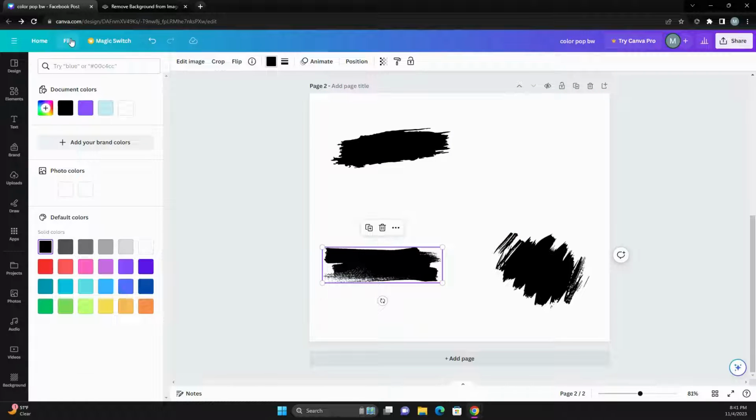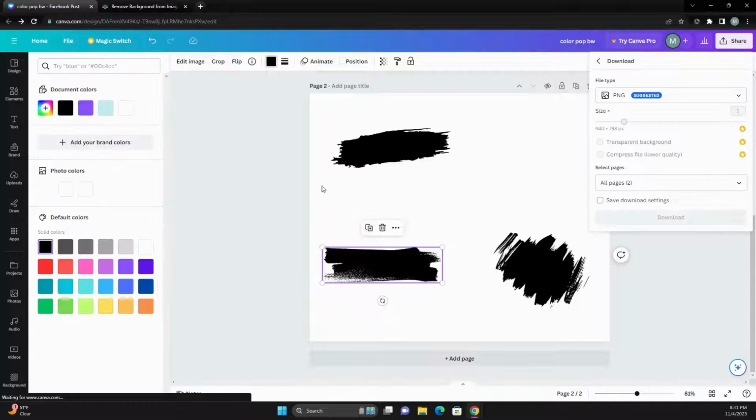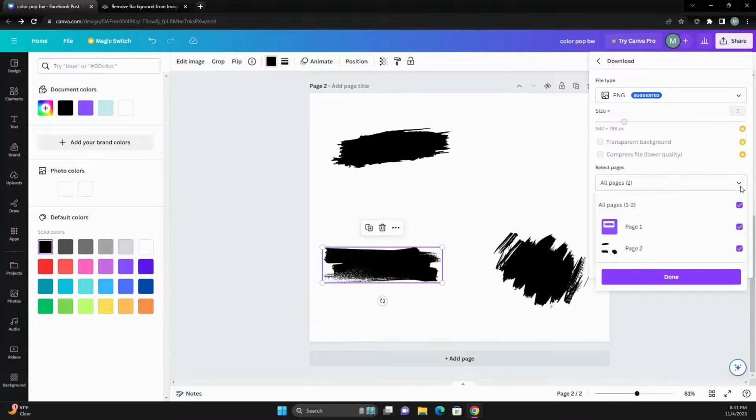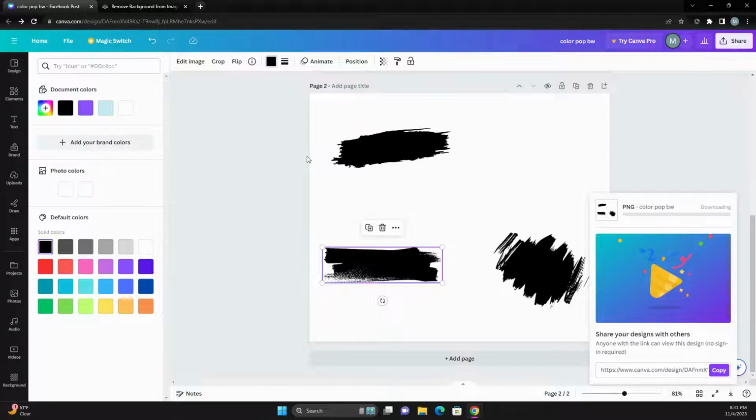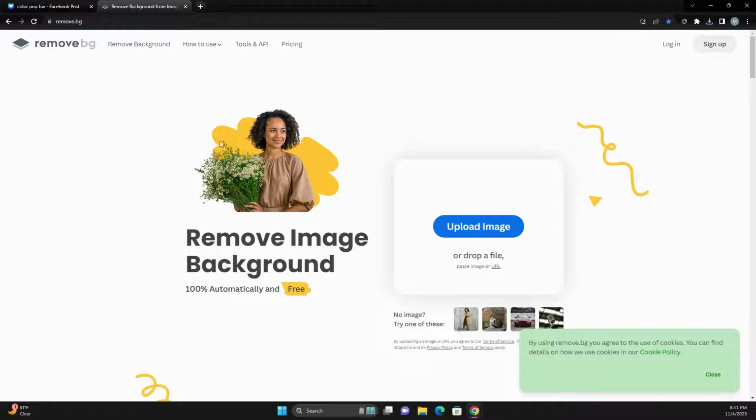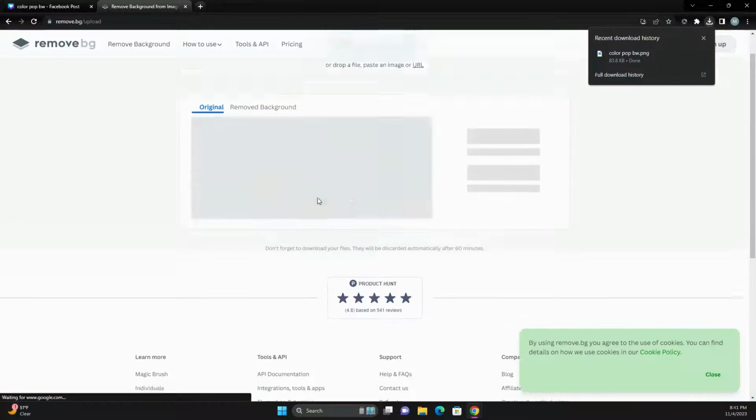So now I've got like 3 different types of paint strokes here. What I want to do now is go to File, then Download. I want to make sure I got 2 pages here. I only want the second page because that's the one I'm working on. Done. And I'm going to download that. For me, I have the free version, so I'm going to go to remove.bg. Once that is downloaded, I'm going to bring it over to remove.bg,